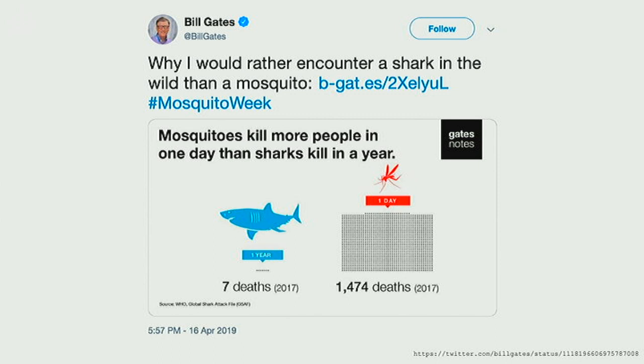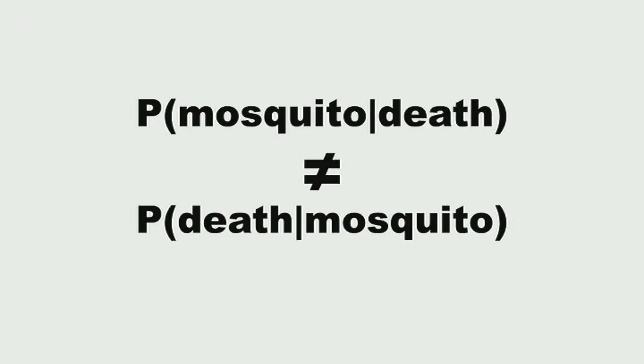That's fine, although where are the Bayesians in the room? Any Bayesian in the room? Well, he's basically flipping the causality here. So yes, of course, sharks will kill less people, but you also, I never encountered a shark in my life, but I have encountered many, many mosquitoes, so I still prefer to encounter a mosquito rather than a shark at the moment.